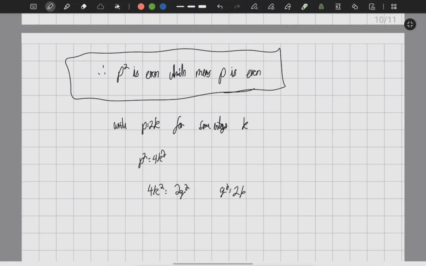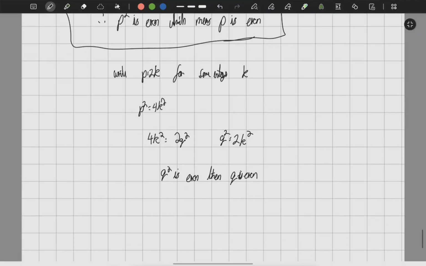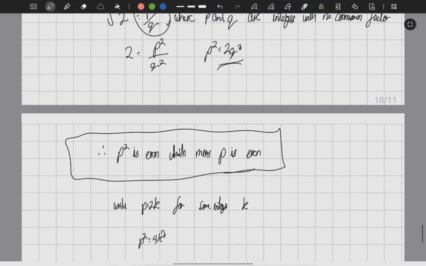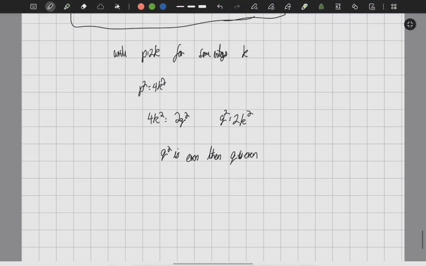Now here's a contradiction. If q squared is even, then q is even. But we said that p and q have no common factor, but if they're both even, they obviously must have a common factor. So we can write our statement: